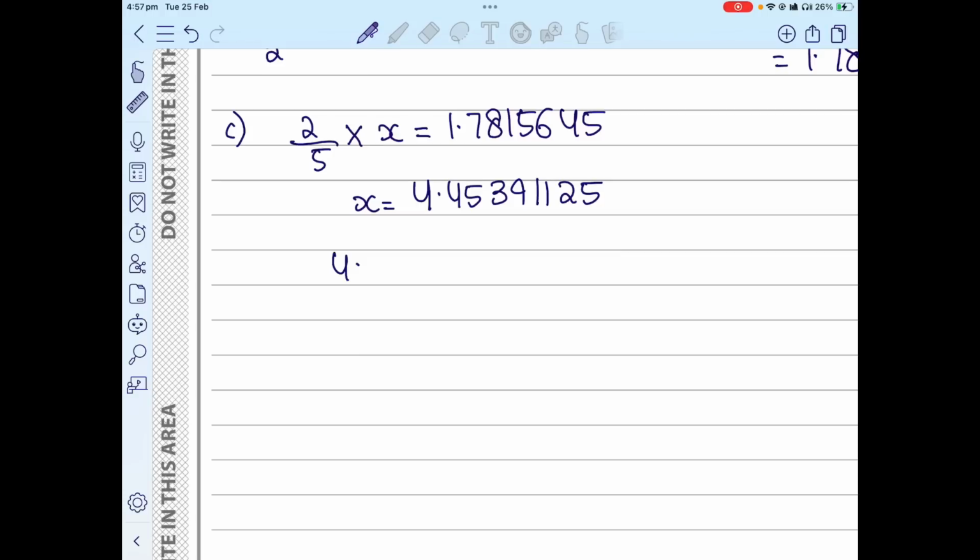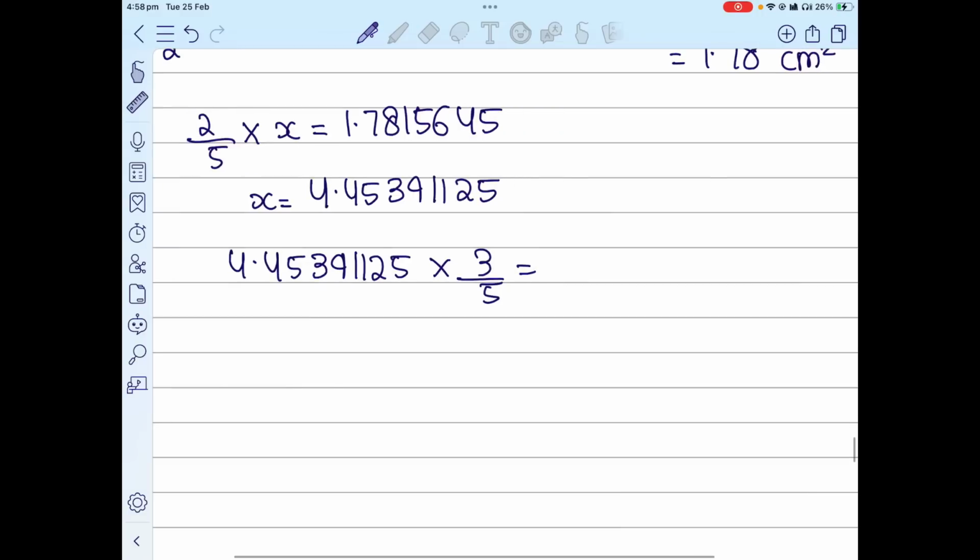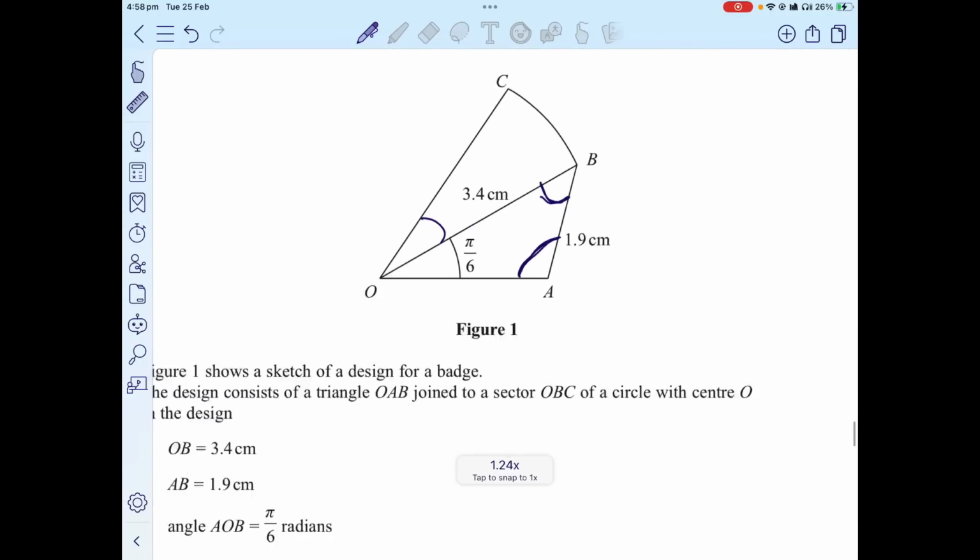1.781565 divided by 2 over 5 is 4.45. Yes. And if I multiply this with 3 over 5, okay, here. So I'm going to take this value 4.45391125 and I will multiply it by 3 over 5 to get the area of the other triangle. So what is the area of the other triangle? This is going to be 2.67234675. So now I know the area of this above triangle, which is